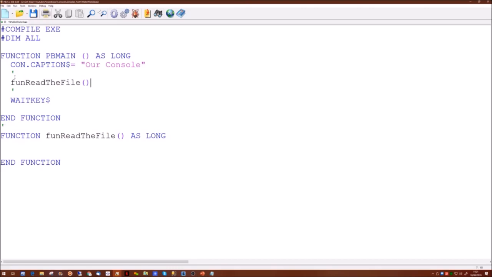Now, we want to test what comes back from this function. So if the function is successful, we want to return a value. Since it's a simple boolean, we'll return a true or false.